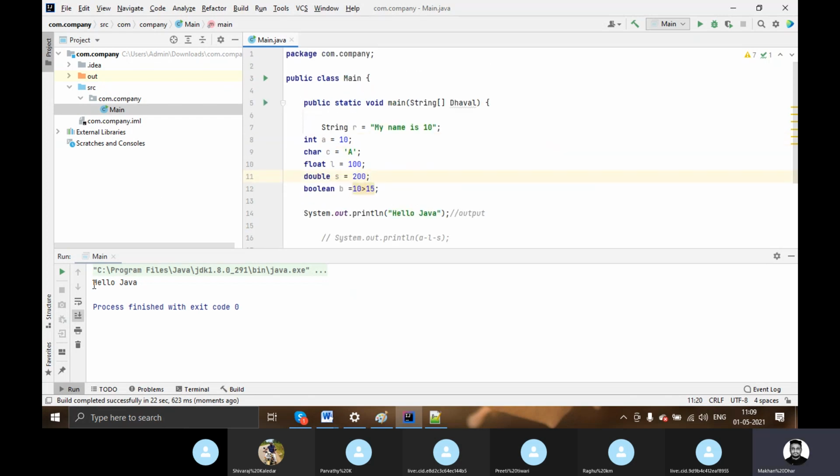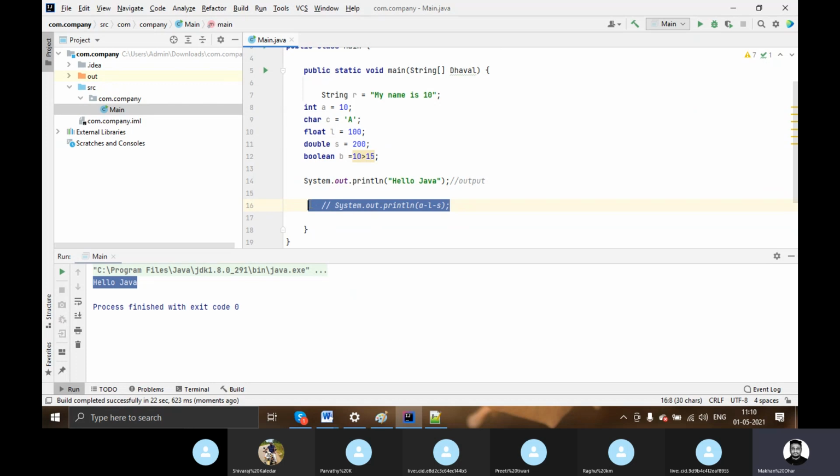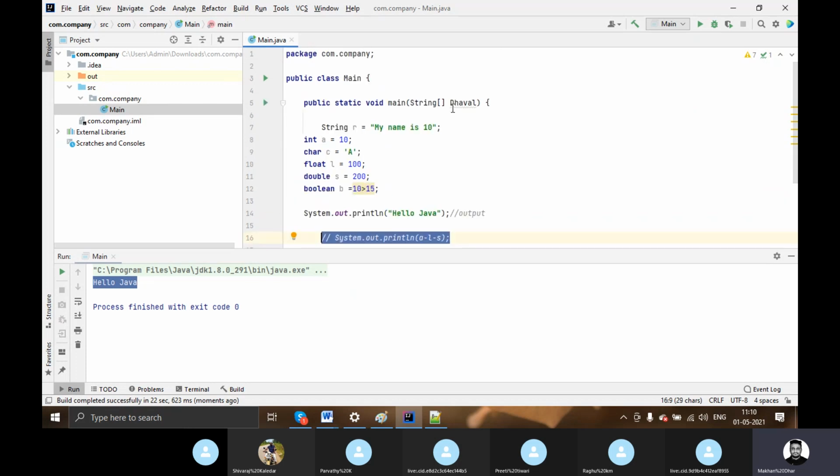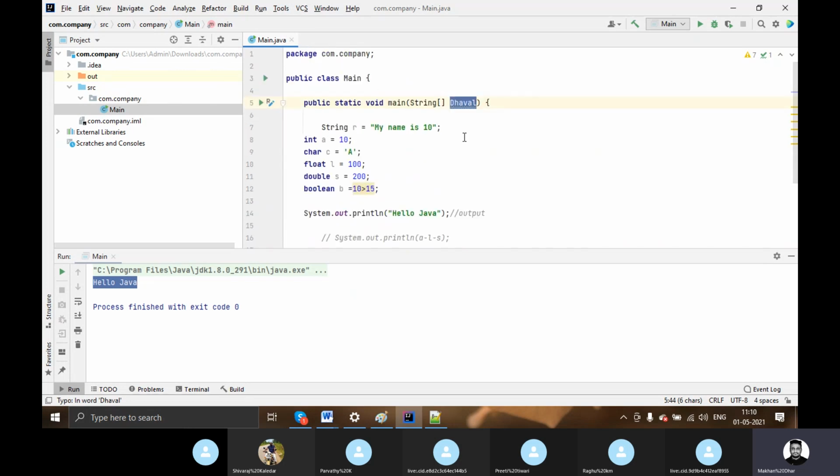So now you can see I got the hello, right? Rest all I commented, that's why I'm not getting it. If you don't want these other lines, you can just comment them. You can see even though I put double, I'm still getting the output. So this is the only area you can make